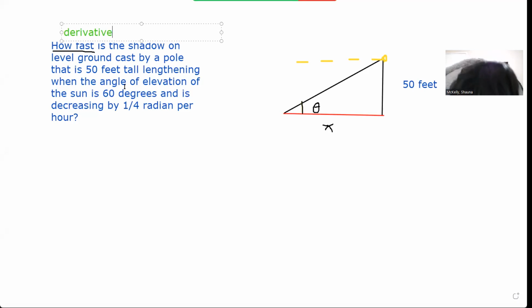All right, so we've got some things going on here. Let's do what we always do, and let's get some variables for my statements here. How fast is the shadow on level ground? So I need a variable for the length of my shadow. So the first thing I'm going to do is I'm going to say